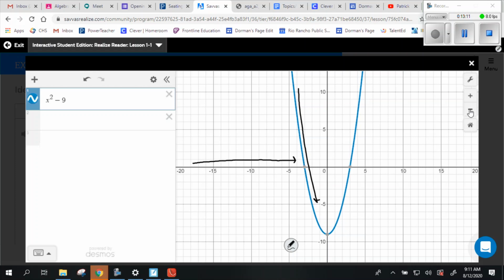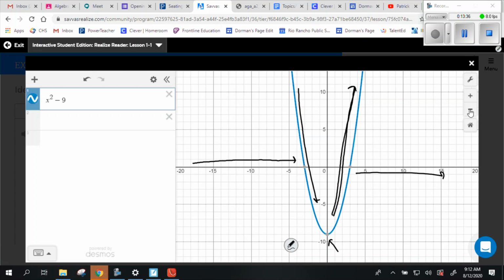And then after that, as my x values increase, my y values are increasing, right? So it's just simply that. As we're moving from left to right, we're looking to see, does the function go down or does it go up? That's kind of the simple